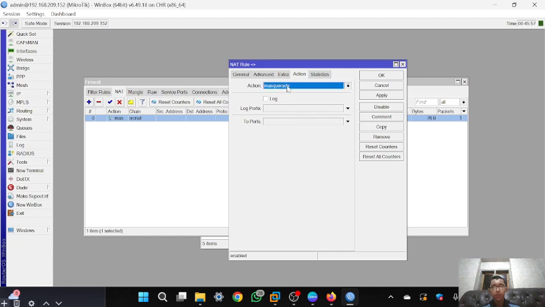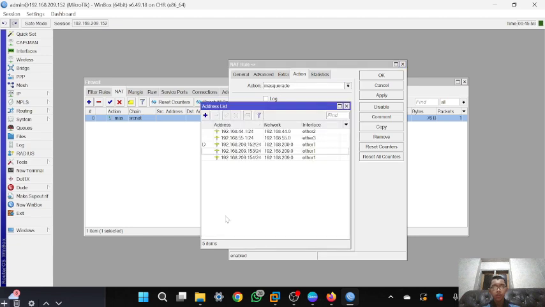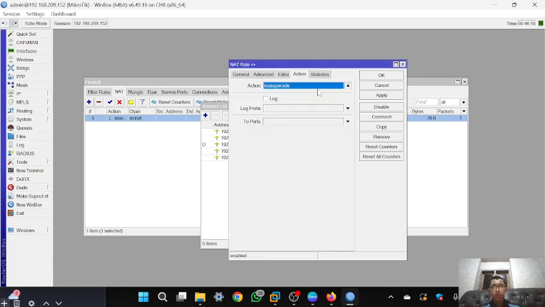So the Masquerade chooses a random IP. For example, for the Masquerade, it chooses from these 3 IPs, and it will choose a random one. But the SRC-NAT is more specific.